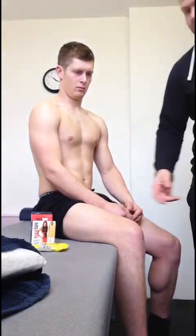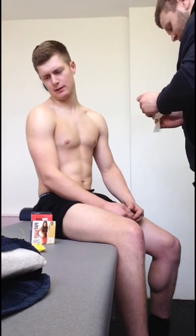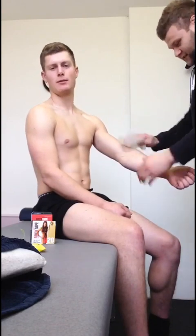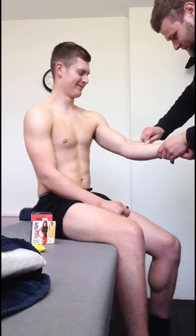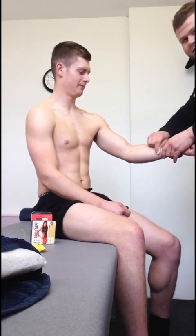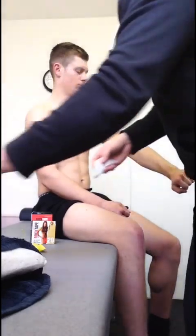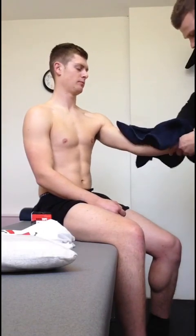So what you want to do? Make sure the skin is clean. So I've got my little baby wipes. Josh, put your arm out for me, dude. Moist skin wipes, actually. So you clean that off. Josh has still got residue from his tape that we put on the other day from his riding. Get a towel, and then make sure it's dry, because if it isn't...